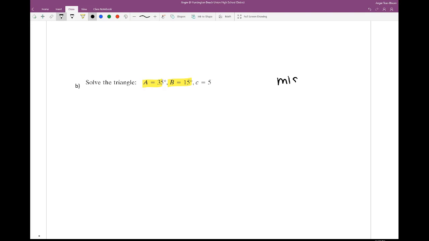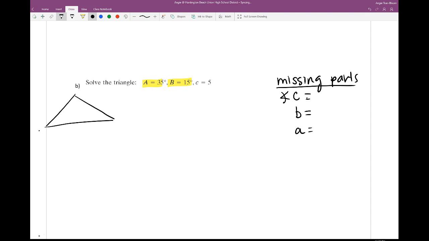So the missing parts are angle C. You have little c already, so you're missing leg B and leg A. The first thing you might want to do is just draw it out. A, B, C, it doesn't matter where they go, as long as the opposite leg is always